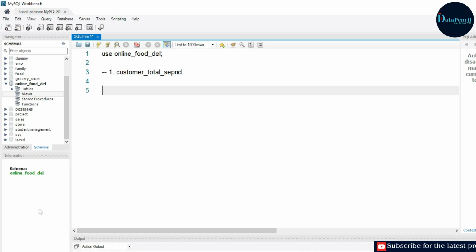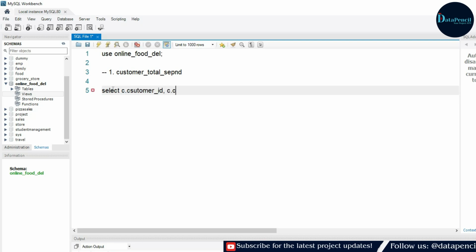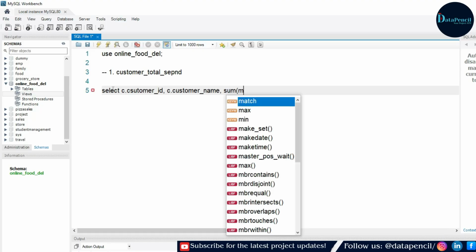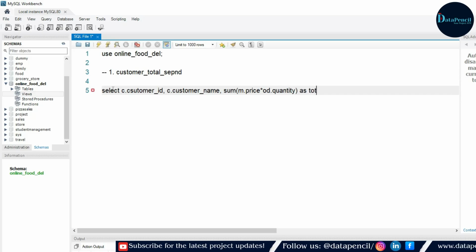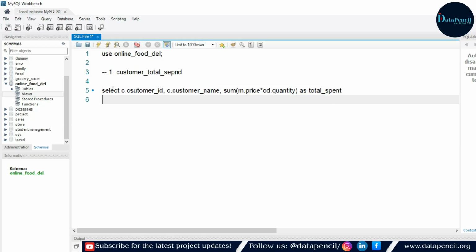Fine. So how do we get the customer total spend? We know this very well as we have practiced so many queries related to this. We can calculate the customer total spend by writing select customer ID, comma, customer name, comma, sum of price multiplied by the quantity as total spent. From which table?